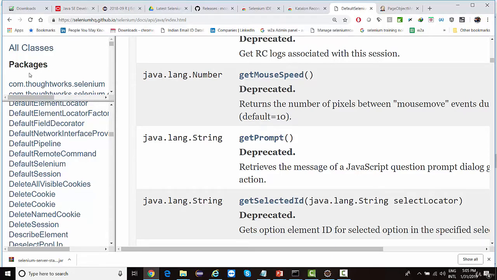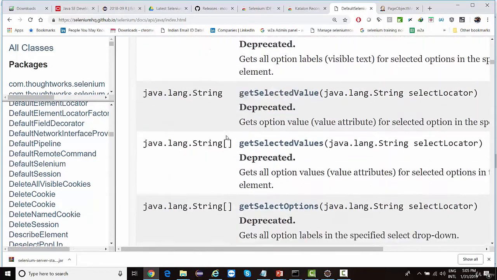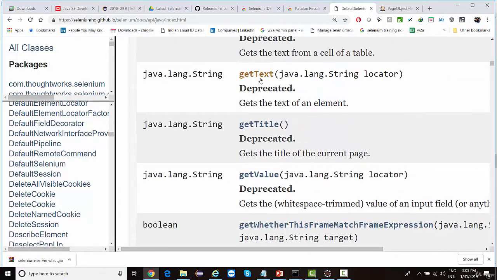Let's say there was one of the scenarios I got where one of my test cases was to print the text of all the links from this web page. Right? I want to find the text of all the links and even the count of all the links. So anything that you want to get from the page, the method starts with get. If you want to get text, there's a method called getText.